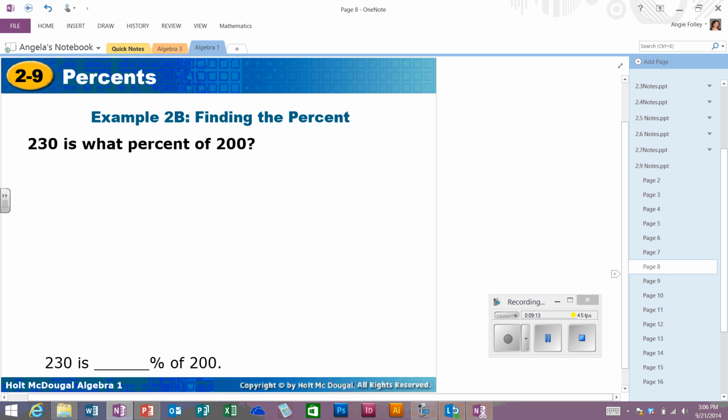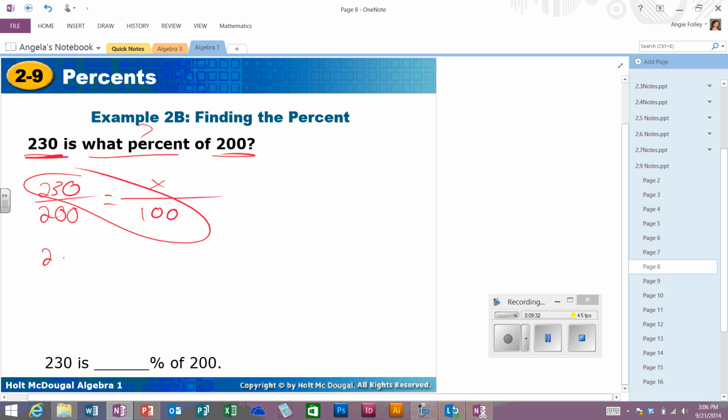Okay, 230 is what percent of 200? So 230 is, that's my "is", what percent of 200? Meaning what percent, we don't know, over 100, because it's always a percent out of 100. So that gives us 230 times 100, or 23,000, equals 200x. Divide by 200, and x comes out to 115, which means 230 is 115% of